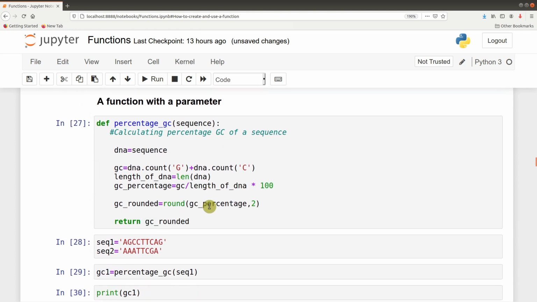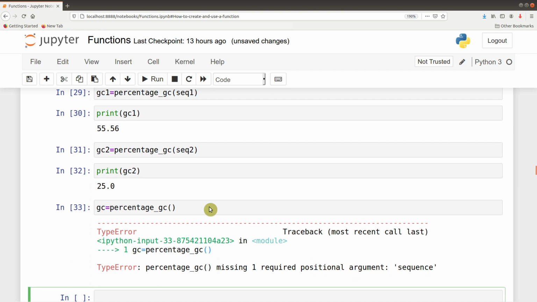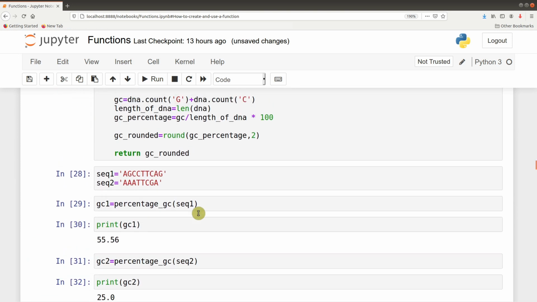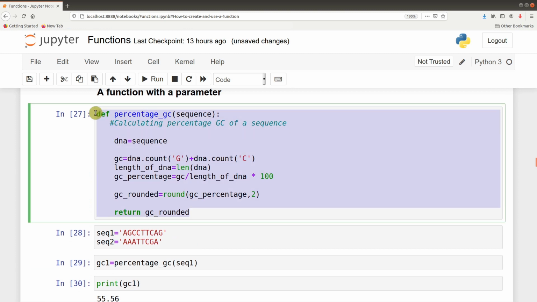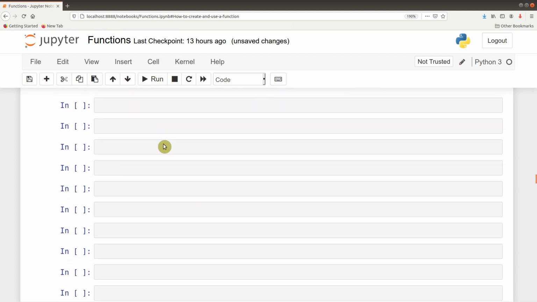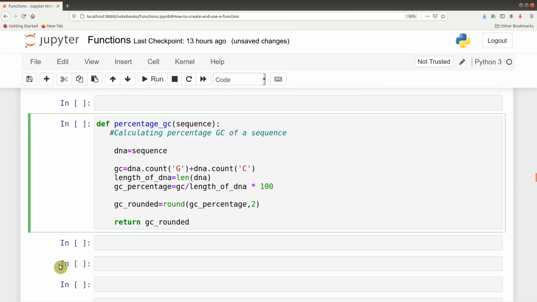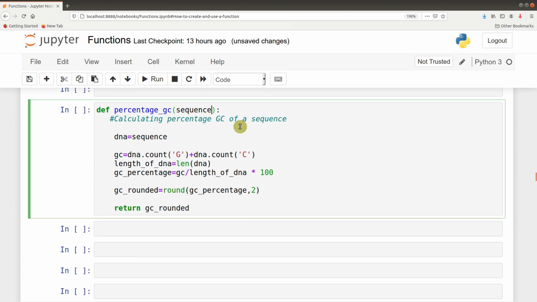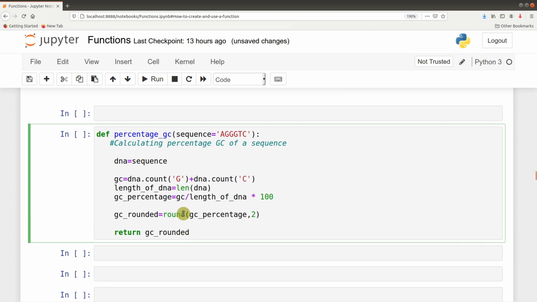So we can put a default value, so that whenever we call the function and we don't supply it with any sequence, it will calculate it on that particular sequence. And so to do that, we can still use the same statement, the same function here. Let's just copy the code here and then place it here. And then here we will say sequence equals ATGCCTG. So when we have this, then